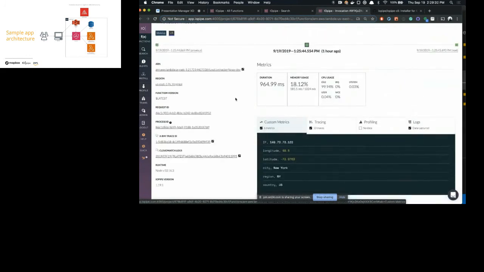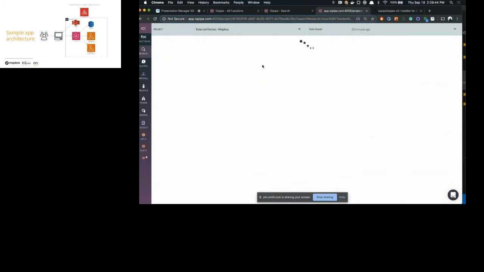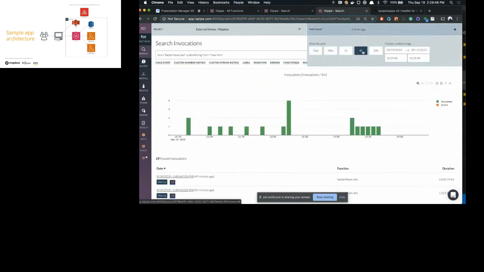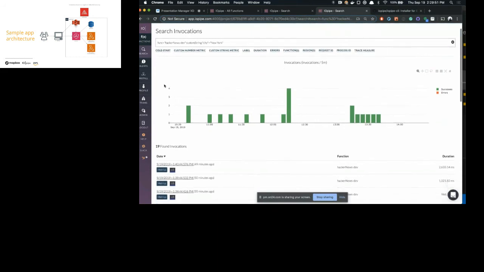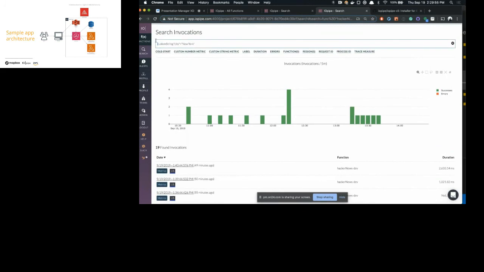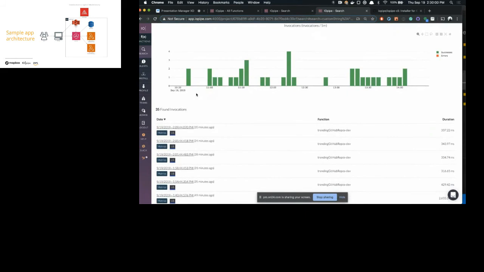So this allows me to do some interesting things. If I'm wondering about all the invocations that are coming from New York City, I'm able to click on these and it will show me all the invocations from the Hacker News app. Maybe I'll go to a longer time range, where New York was where the incoming request came from. And if I want to search across all my projects, I'll be able to see it, where all these give me an idea of what cities or countries my requests are coming from.